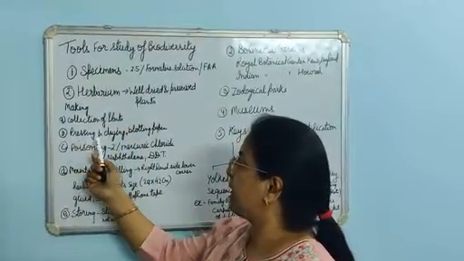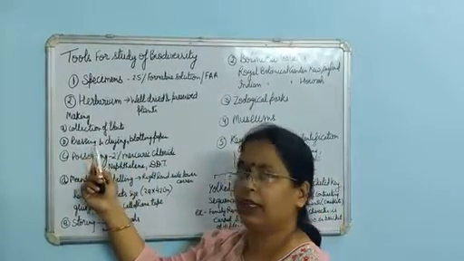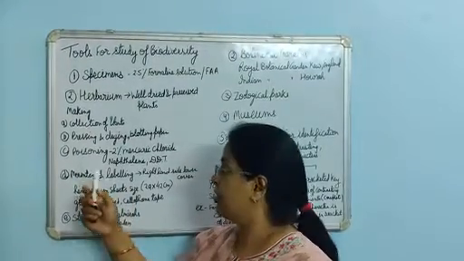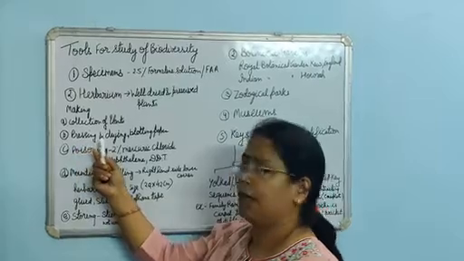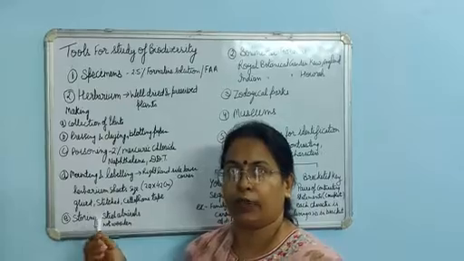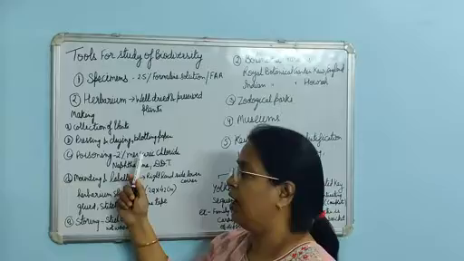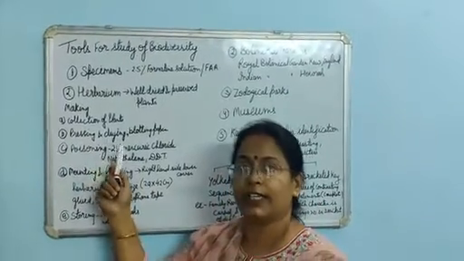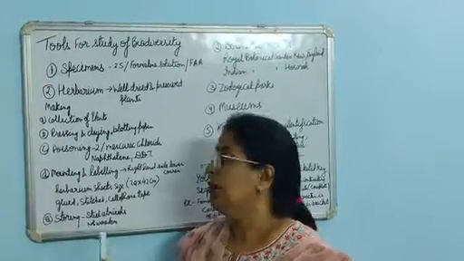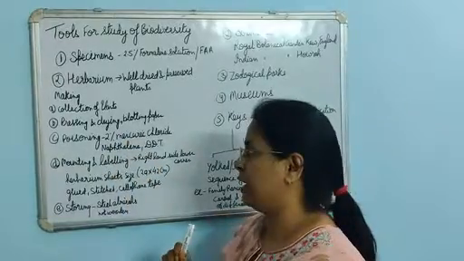The second step is pressing and drying. We press the plant between two papers and spread it properly, so that there is no folding. We press them between the papers, and if they are succulent plants having more moisture content, then we use blotting paper for drying. If the water content is much more, we use an artificial heater or dryer also to remove moisture and water content from the plant body.